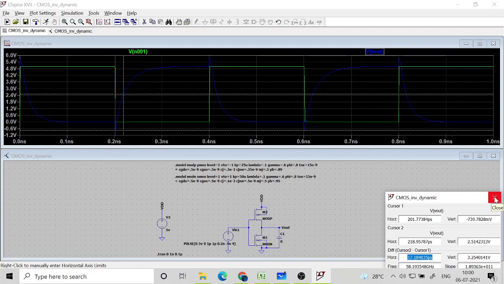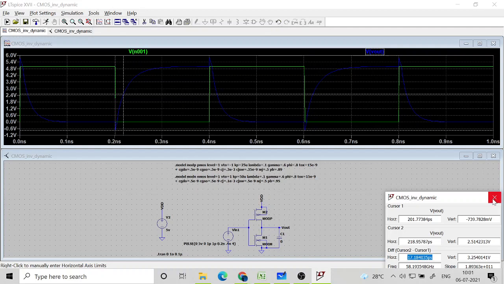So if 16 picosecond is okay for us, then fine. We basically want the same charging and discharging time for the inverter. For rise time and fall time we want to make it symmetric, so we can size the transistor accordingly.